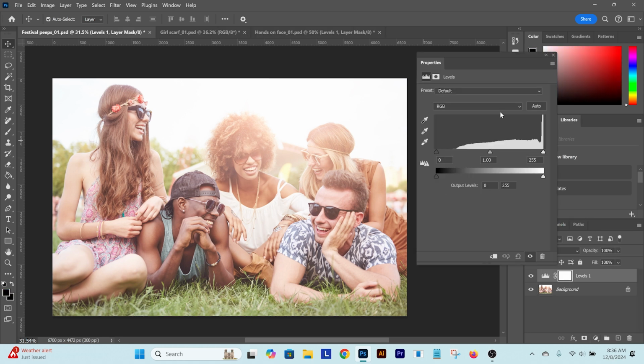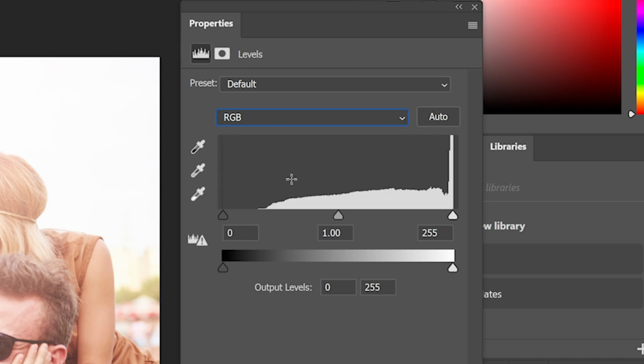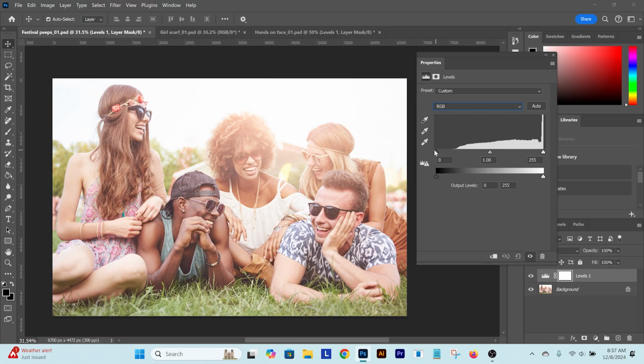And let me explain what you're seeing here. You have the RGB channel, red, green, blue channels. And first I would start by adjusting here in this area. You have the darks, midtones, and the highlights. As you can see here, I'm adjusting the darks, going in and out, the highlights and midtones. But here, when in the RGB channel, I'm pretty much gonna start by adjusting the levels in the